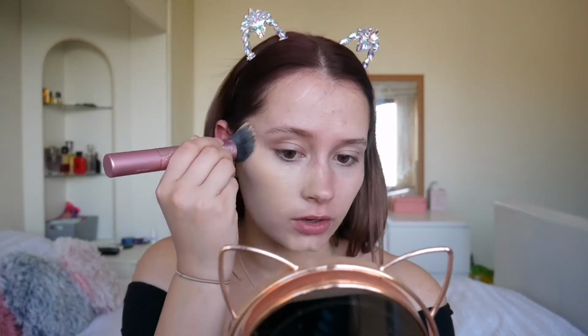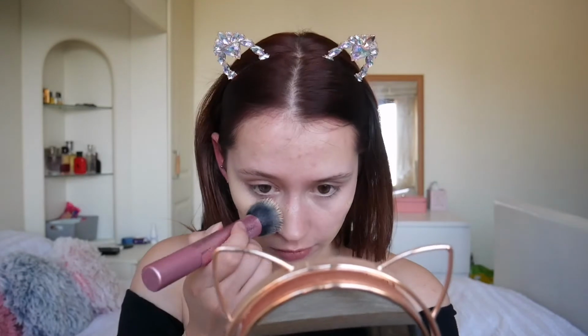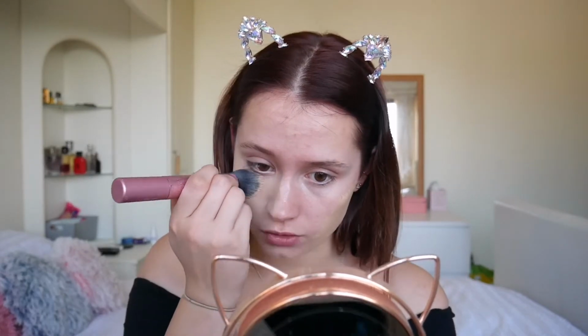This is meant to be like a medium coverage, which is kind of what I'm into at the moment. I'm not massively into full coverage foundations unless I'm going out. But I'll be honest, at the moment it looks like it's more full coverage. Not bad to have a full coverage foundation, but under a mask it can get a little bit sweaty. Oh, and by the way, I normally do my eyes first. There is a reason I'm not doing them first today, and I'll explain why very shortly. I'm just going to try and buff that out